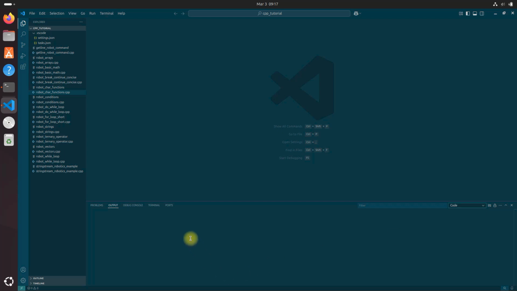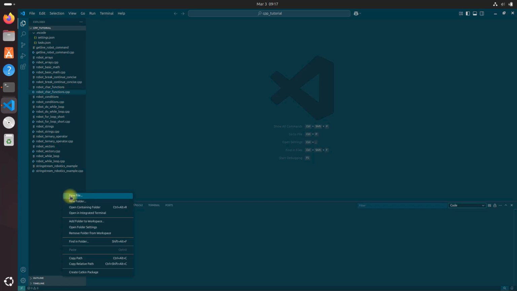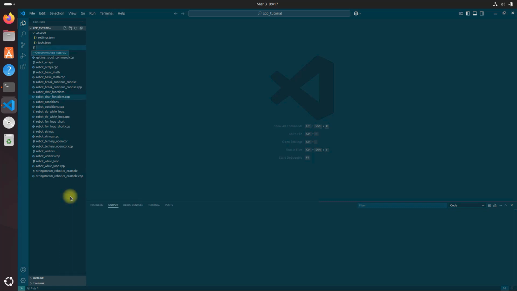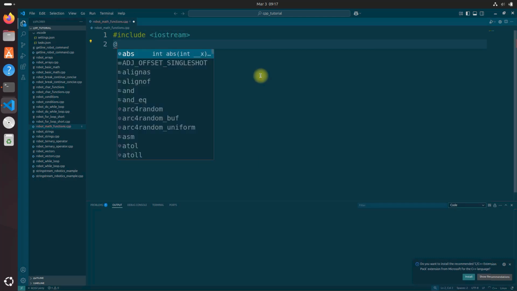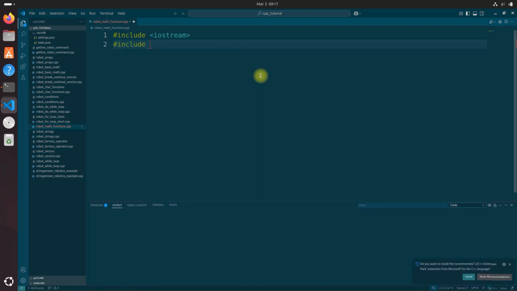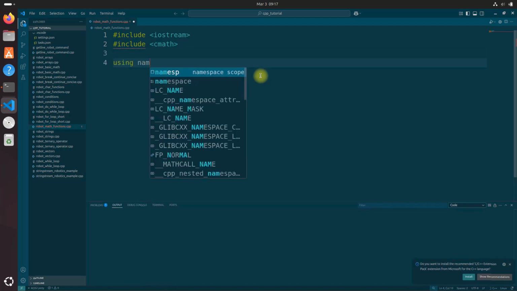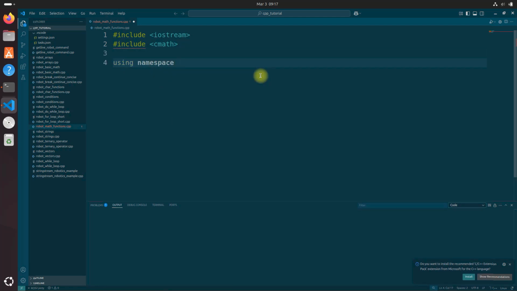Let's begin by creating a new file called robotmathfunctions.cpp. And let's type the following into the code editor: #include <iostream>, #include <cmath>, using namespace std;